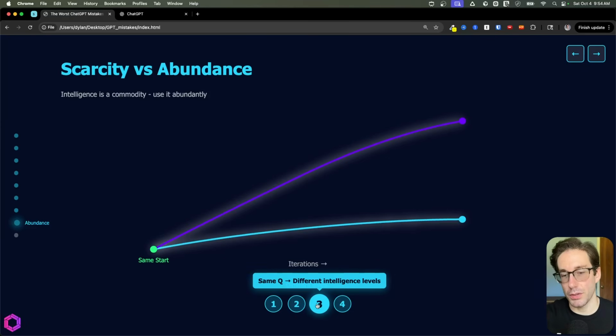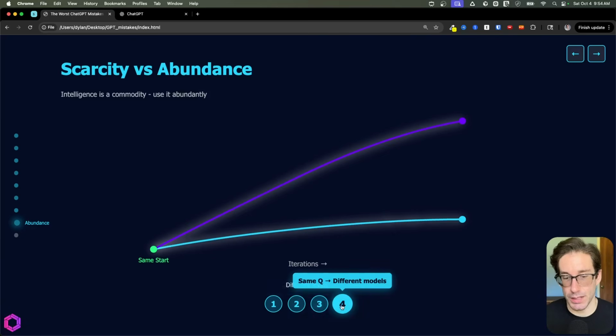And it's important to note that the level of reasoning or intelligence doesn't always equate to better. I found time and time again that if there's a very specific task that I have, if I give that task to a really smart model, it may overthink and overreason and go in the wrong direction. And this has been proven out through research. So if you have a simple task or a simple question, that may be more optimal for a less intelligent or lower reasoning model to achieve that task for you faster and also more accurately. So it's okay to ask the same question to different levels of intelligence.